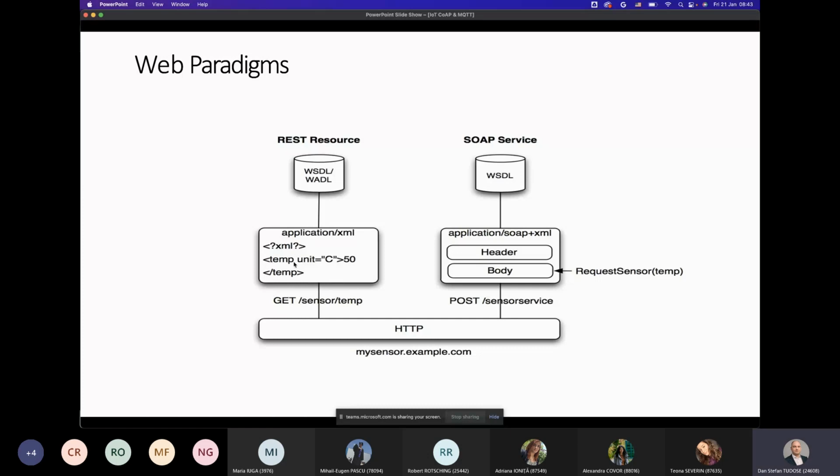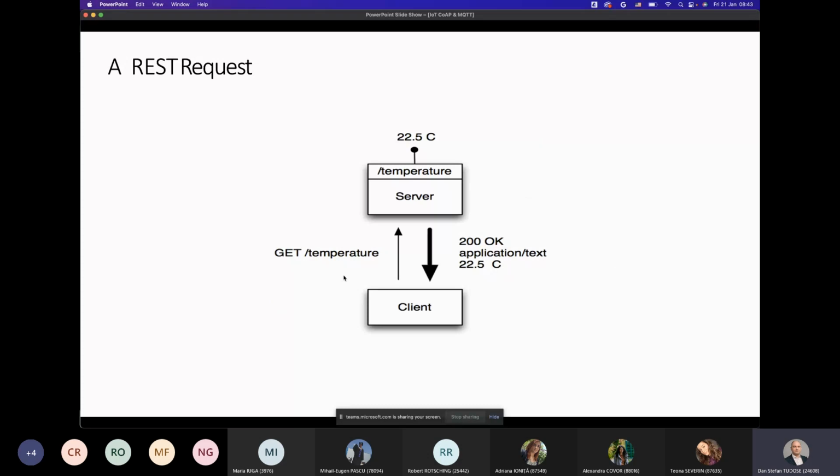So whenever you would like to query, for example, temperature from a given, I don't know, sensor, you would have a get command from the sensor, and you would get a response in an XML scheme. So this is how a REST request, not only over CoAP, but a general REST request would look like. For example, you have a client. The client would have a get method of, let's say, temperature. Temperature is the resource we would like to query, and